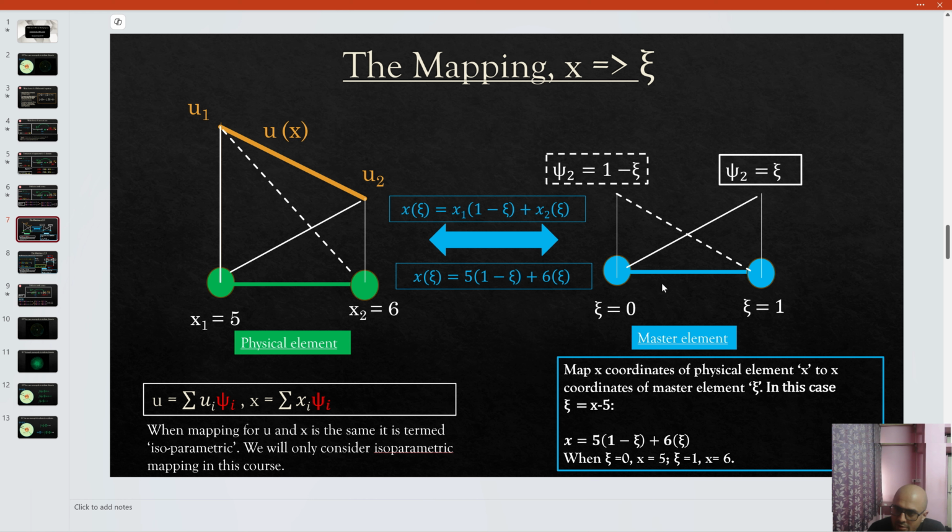And then you have these Lagrange polynomials defined on the master elements, so like 1 minus psi and psi, and this mapping of x as well as u, so both the unknowns as well as the knowns can be mapped to this master element through this mapping, which is basically called as isoparametric mapping, because we are using the same kind of mapping for both the unknowns and the knowns, but we could also use different mappings. But in this course as well as in the previous one, we just used isoparametric mappings,